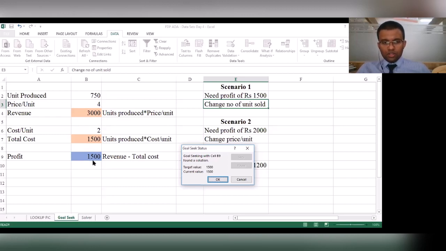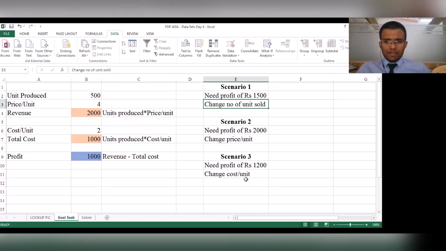So if I want 1500 as my profit, I should increase production from 500 to 750. This is probably one of the easiest examples I could quote for Goal Seek.